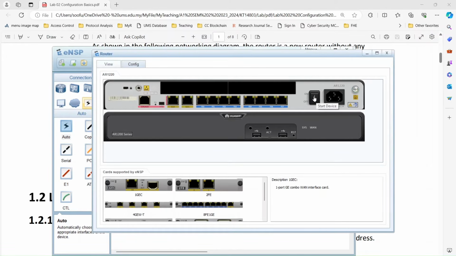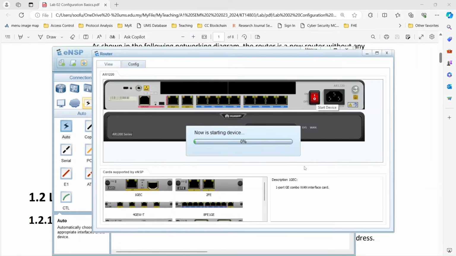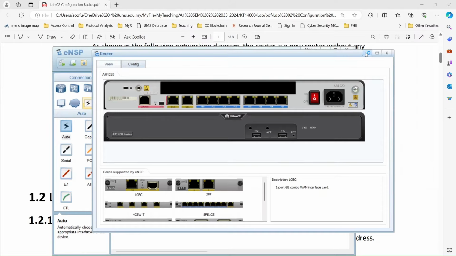You can quick start the device. Just assume you have plugged in the power supply, and you have plugged in the console already. Then you just turn it on, so it is going to start the device. While we are waiting for the device to start,